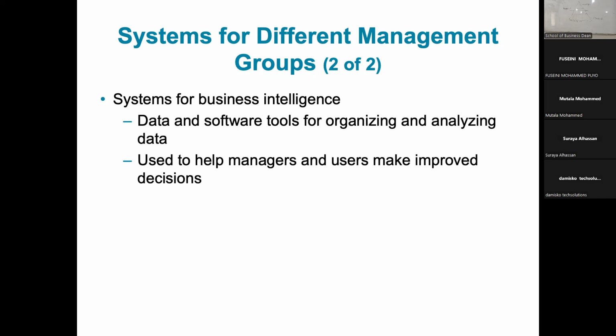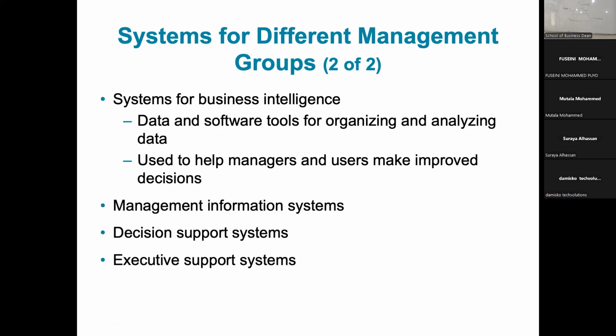But this time, when we are doing that, we are relying on the data which we have been relying on before, but now we are relying on technology, software, to help us organize and analyze the data so that we can make better and informed decisions. So another category, the guys here, management, they deal with medium to what? Long-term reports. So all the sales that have happened during the day, they can submit a summary report about what? Branch performance. Either daily, weekly, or quarterly. They do that. And the system they use is what we refer to as the management information system.